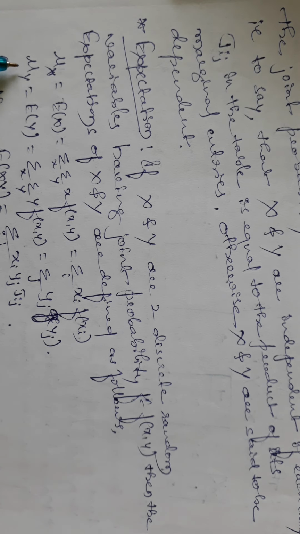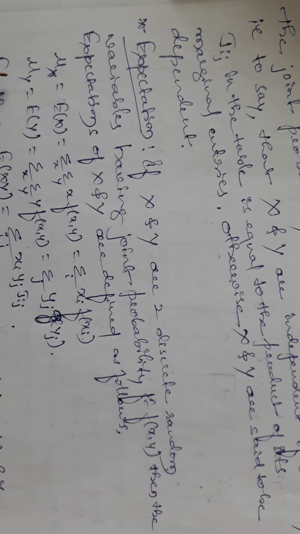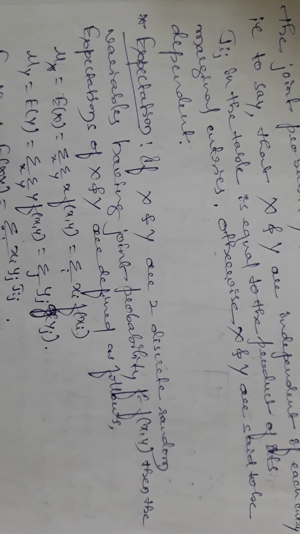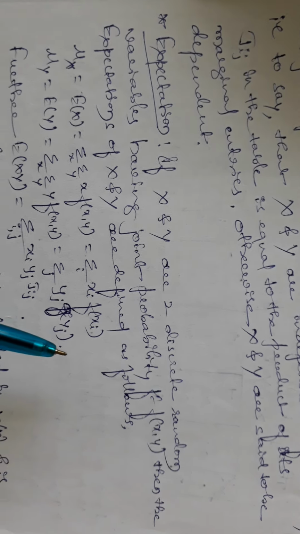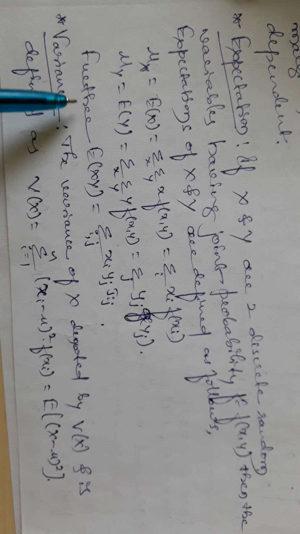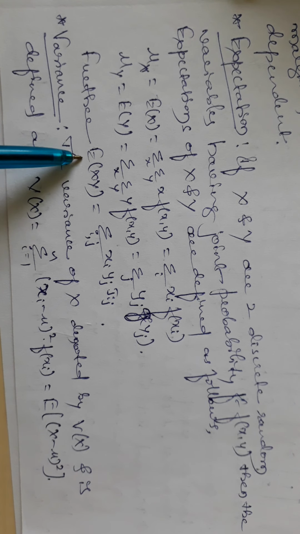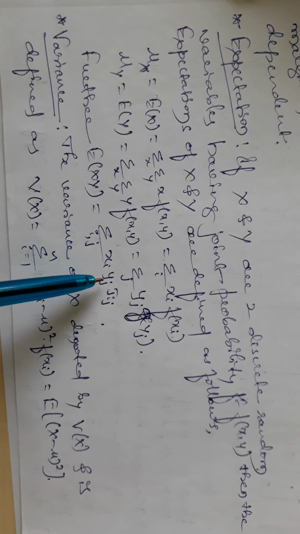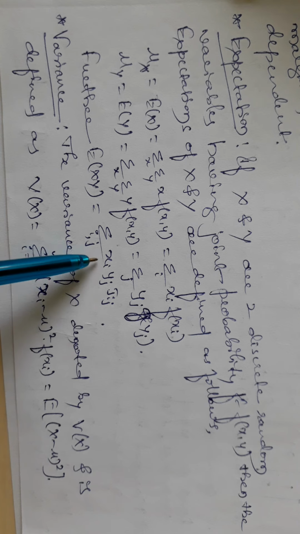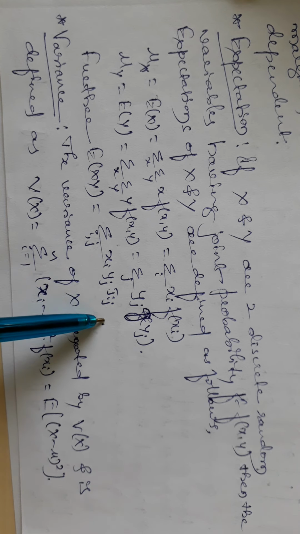Similarly, the mean of y, that is the expectation of y, mu y, equal to E of y, we can call it summation over x, summation over y, of y into f of xy, that is summation of y into g of y, only y and its function values, that is its marginal distribution value. Now we have further the expectation of both the values, that is the expectation of x and y, which is equal to summation of x into y into Jij value, that is summation of xi yj into Jij.